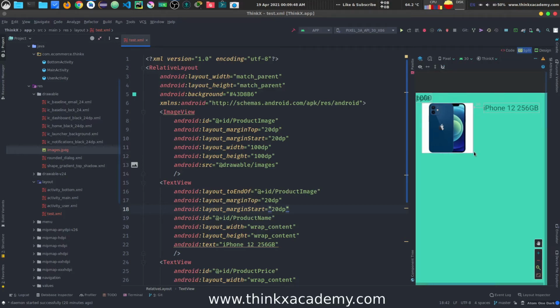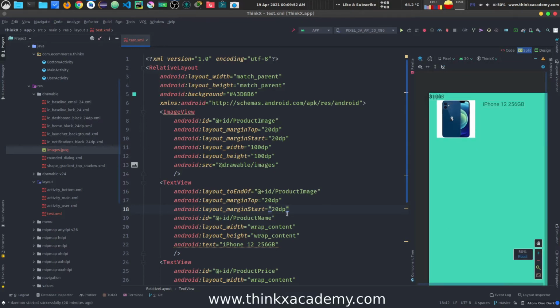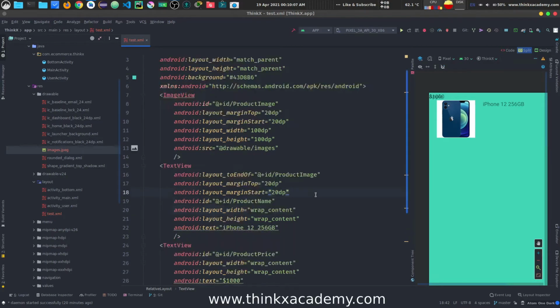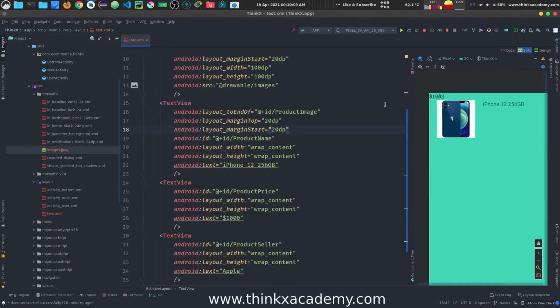So this is the start. This is how we can relatively align elements inside a relative layout, and it is really very helpful. You can even use relative layout as a linear layout. What you need to do is just specify toEndOf or toStartOf and all these parameters, right? So now let's see how we can also do the same thing here.